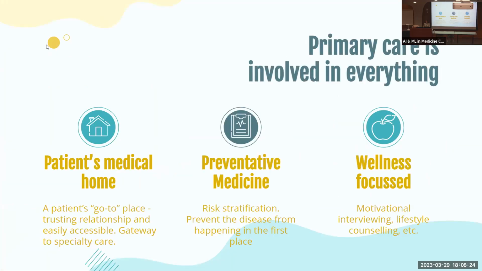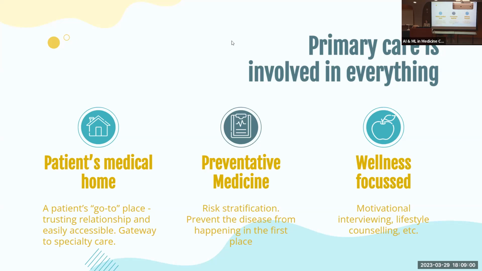The way Alberta is trying to structure things is to get people to have a patient medical home. So who here has a family doctor right now where you can say, I definitely have a family doctor that I can go to? Okay, so it's like 50% of you, which is kind of the reality in Alberta. There are lots of people who don't have a family physician, and we're really short of family physicians. But ideally, what we are trying to do is get everyone to have some sort of medical home. So this is the person or the place that you would go to for any situation. And from there, they can either refer you to a specialist or start you on a management plan.